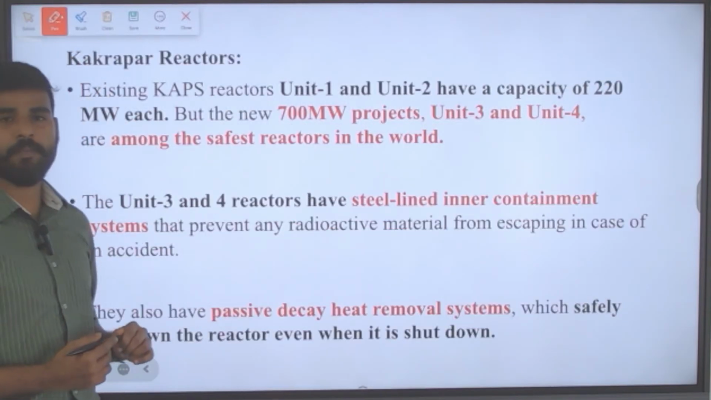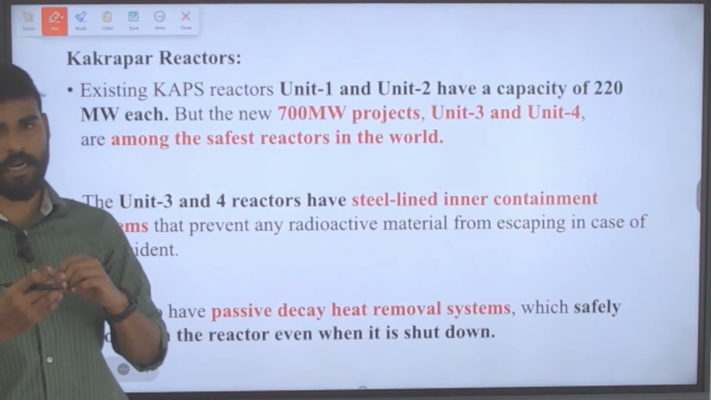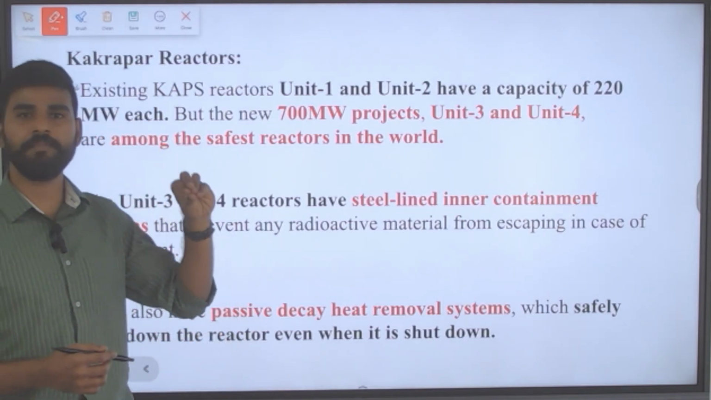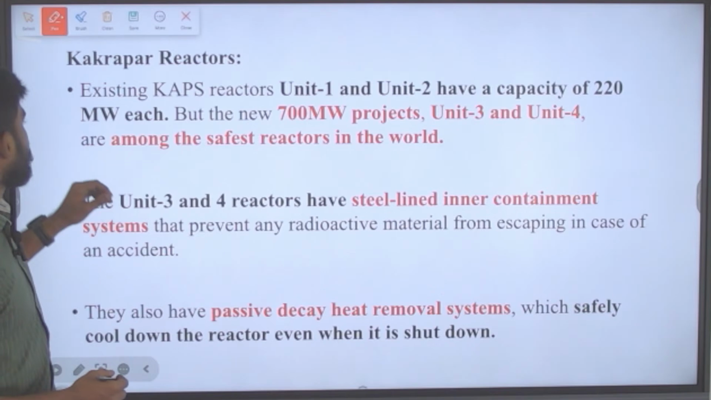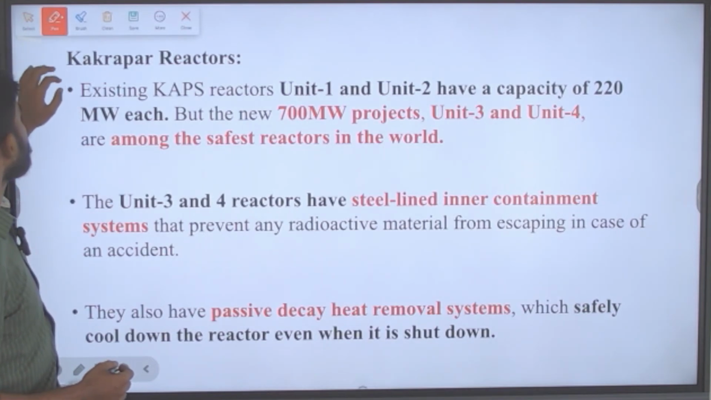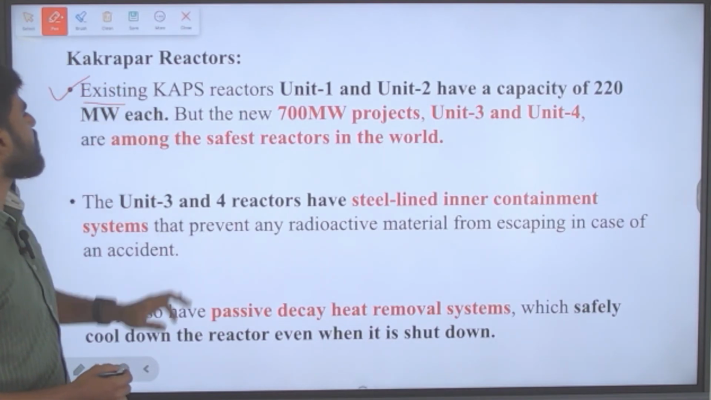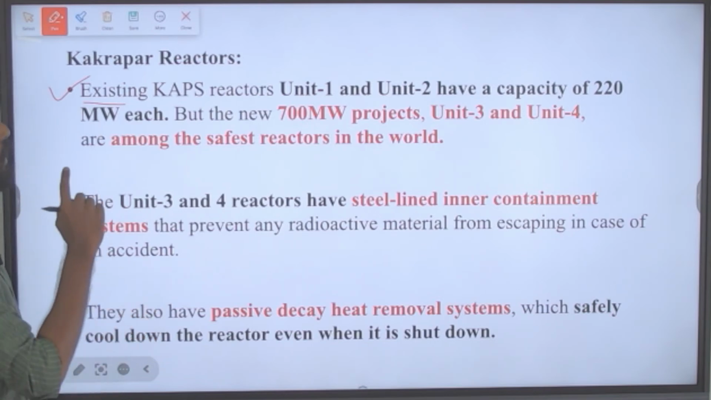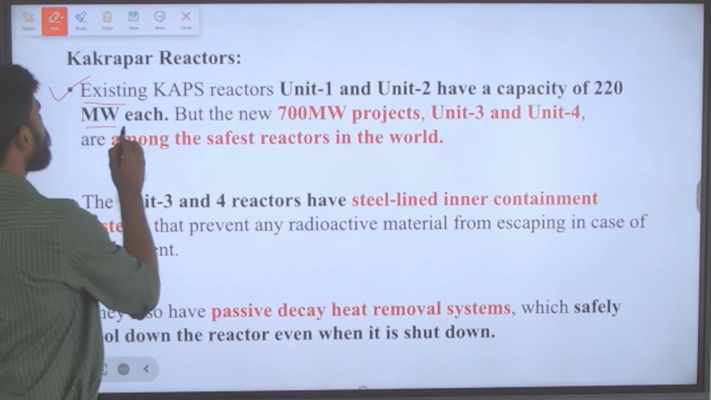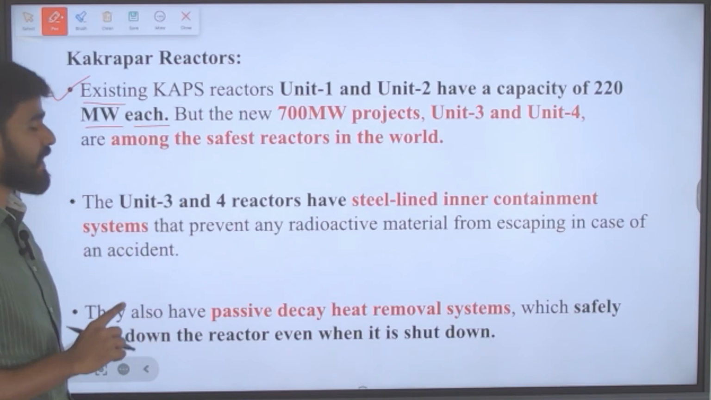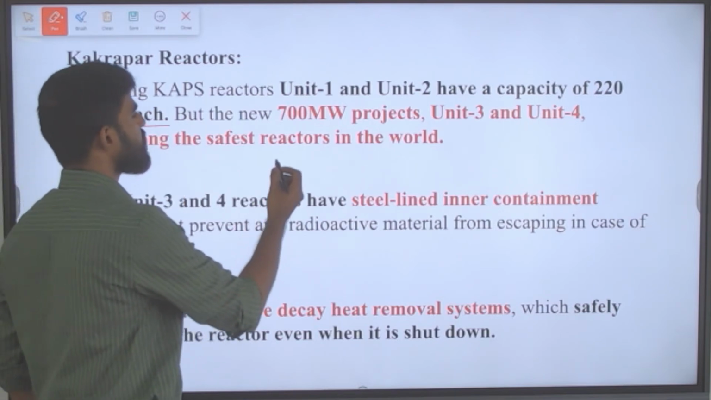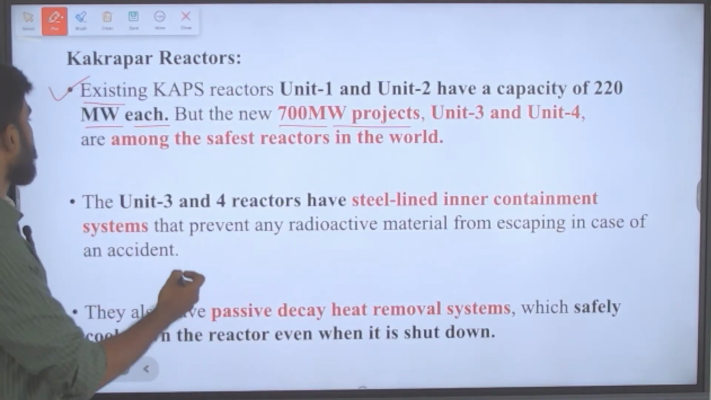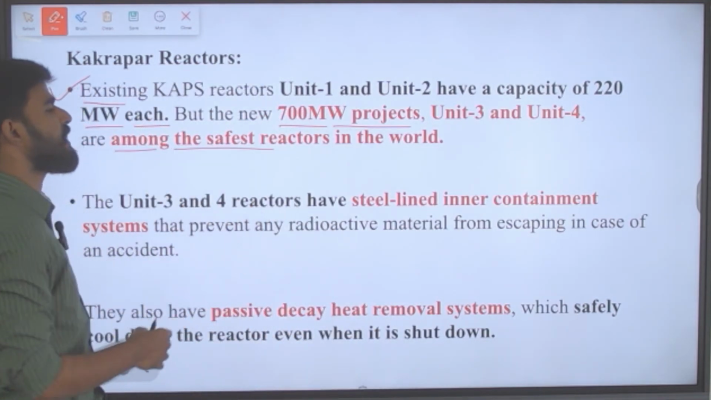Now let us understand about the reactors present in the Kakrapar power station, and how they are different from the other reactors in the power station. The existing Kakrapar reactors, that is unit 1 and unit 2, have a capacity of 220 megawatt each, but the new ones, unit 3 and 4, have a capacity of 700 megawatt,